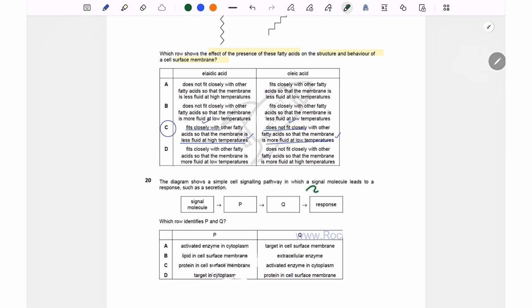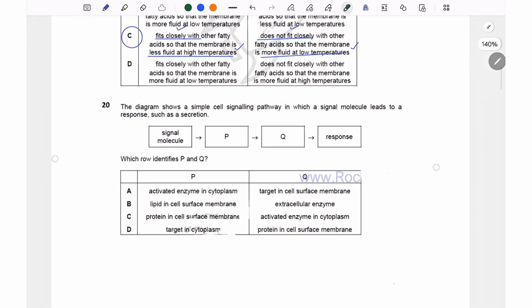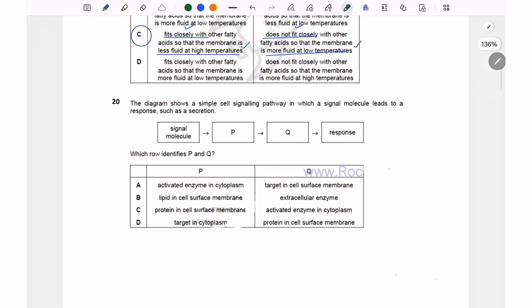The diagram shows a simple cell signaling pathway in which a cell signal molecule leads to a response, such as secretion. So you have the cell signal molecule and then you have a response, and what's happening in the middle is, you have an activated enzyme in cytoplasm. That's not happening immediately, so this is wrong. Target in cell surface membrane is wrong. Lipid in cell surface membrane,